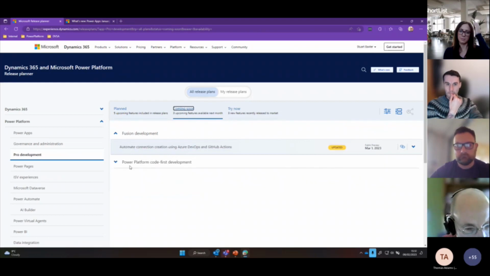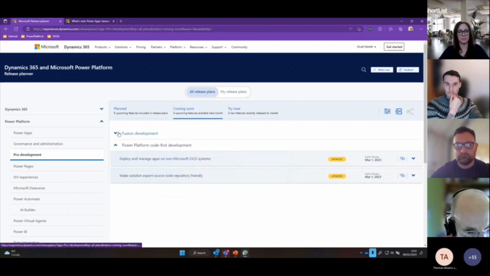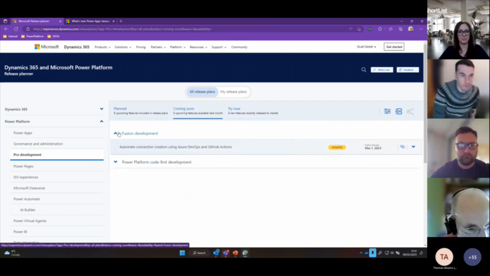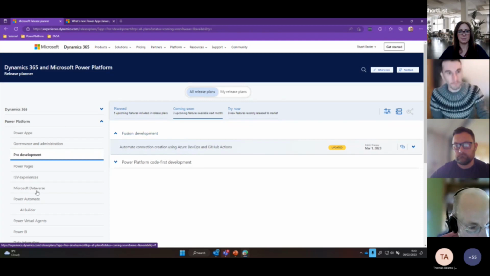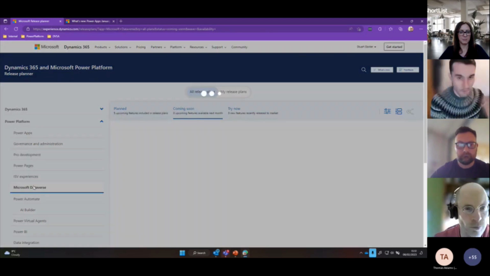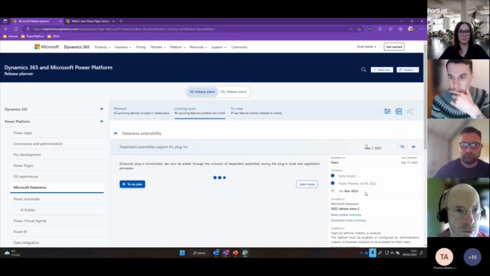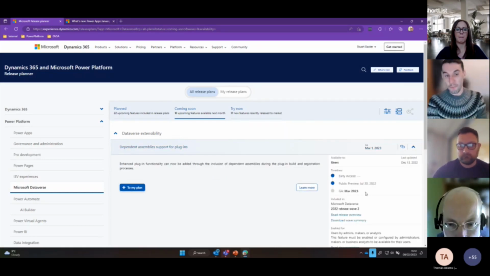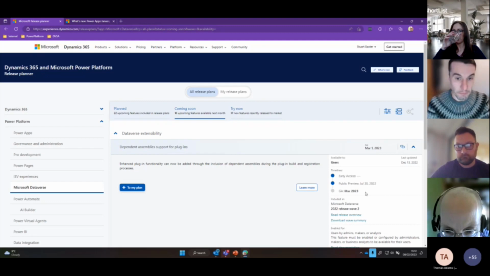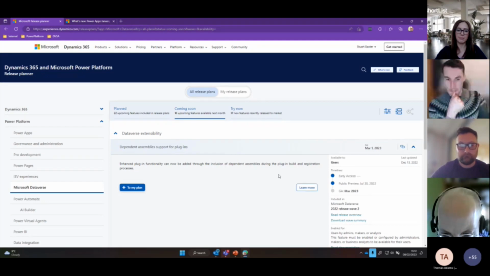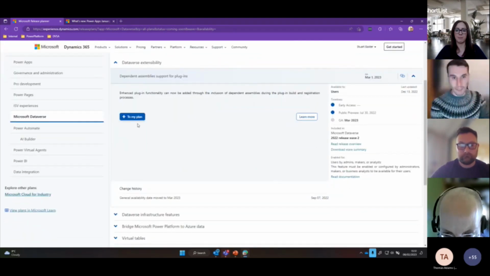In here somewhere. It's a part of Dataverse, Microsoft Dataverse. Yeah, it's not a pro dev one because it's a Microsoft Dataverse plugin, of course it is. Here we are, Dataverse extensibility. So that's going general availability next month. So if it is something that interests you, certainly recommend go in,